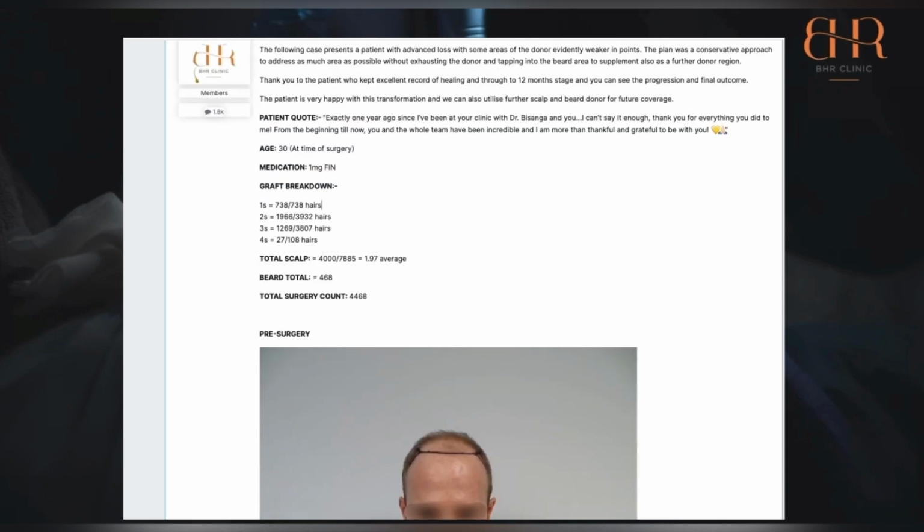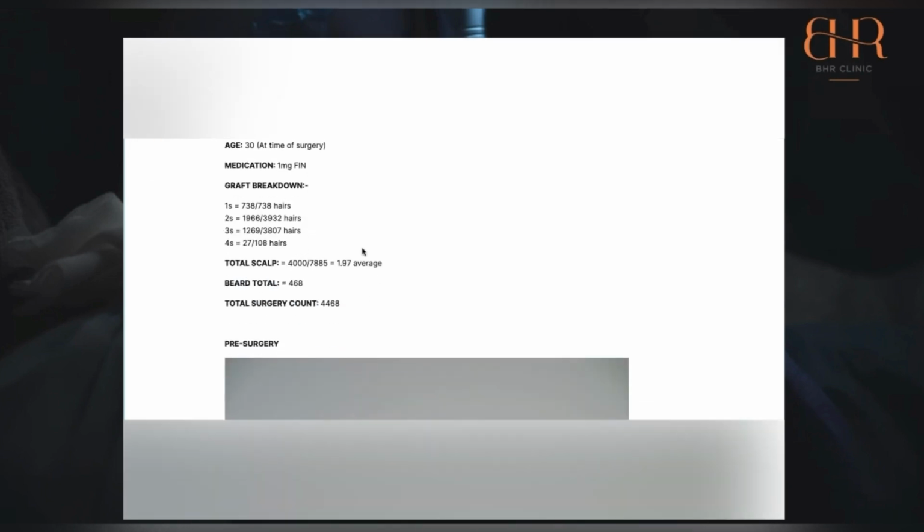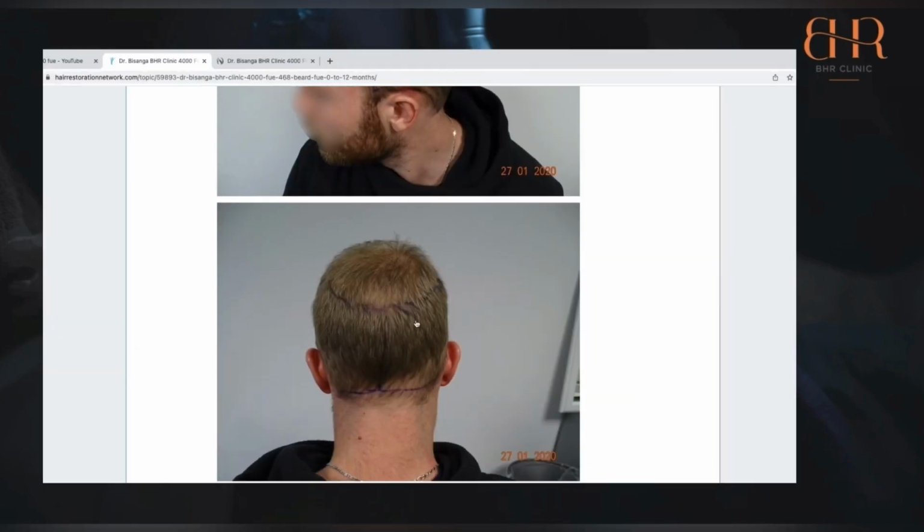So, breakdown of the grafts, 4,000 scalp. What hits me is that it's under 2 average. You can normally hit 2, 2.2, and maybe a little bit more than that if you're going back in the scalp because you select larger grafts. So to have 1.97, obviously the patient has just got a natively lower follicular unit makeup, large area as said,